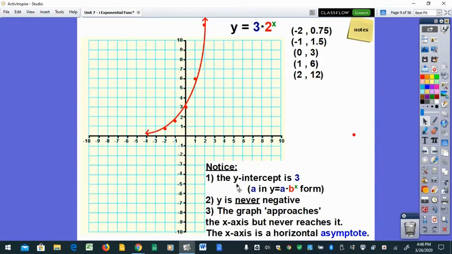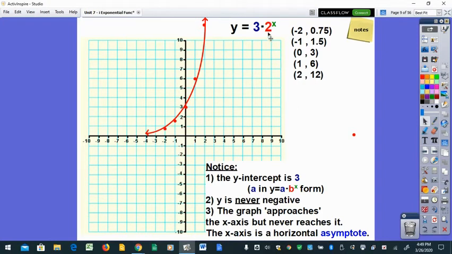Now there's just some things I want you to notice. I want you to notice that the y-intercept is 3, so where x equals 0, y equals 3, and notice the 3 right there, that's our start amount. Notice that the y is never negative, it's never coming down below the x-axis. The graph approaches the x-axis here, and it gets closer and closer and closer, but it actually never reaches